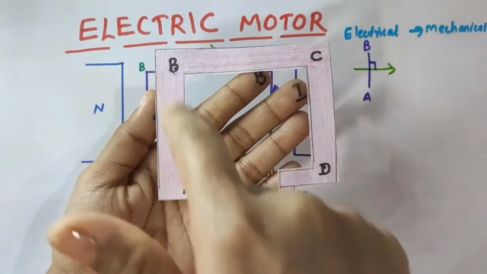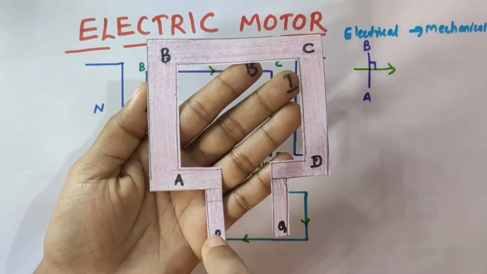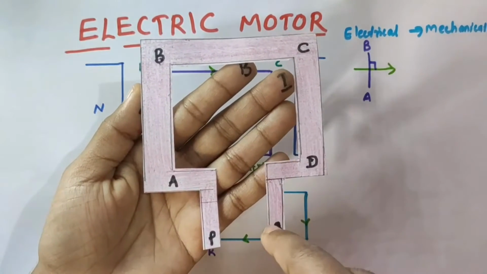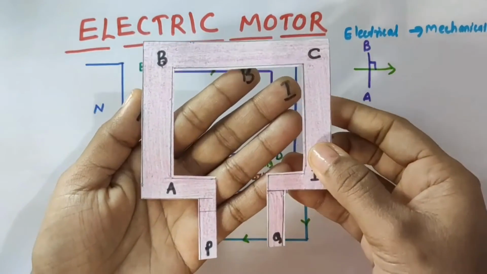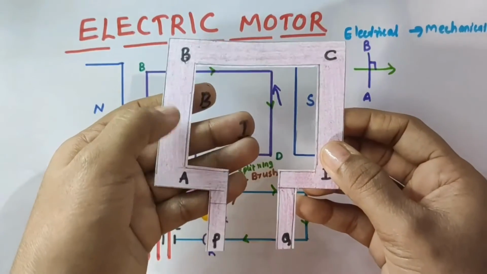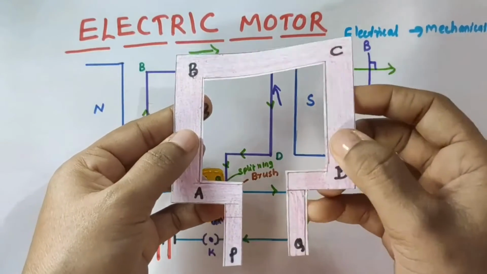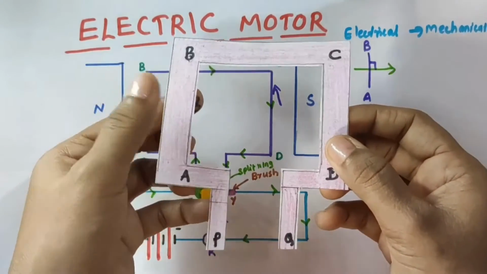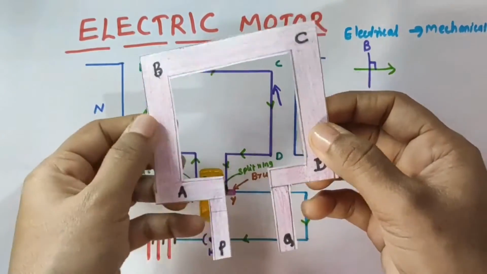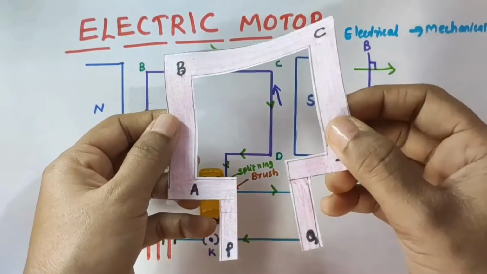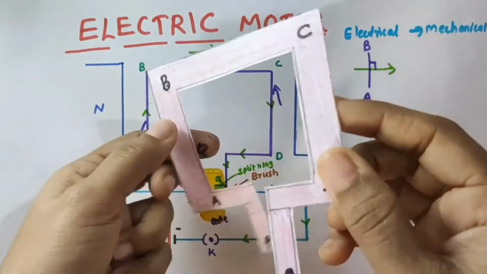Here you see AB and CD. AB was pushed inside, and split rings P and Q are connected there. You can imagine the same way how it is made. Now the force acting on AB is inside, and the force on CD pushes it upward. What is the resultant, or overall effect? It is a rotation. CD will go upward, and it will start rotating like this.